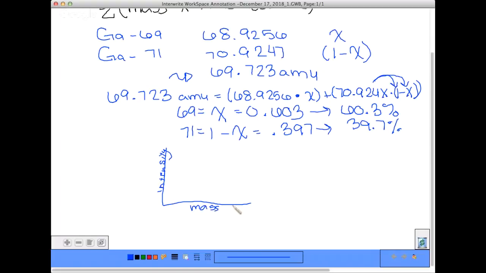So remember, the mass increases as we go across. So the first one that we're going to draw is the 69. Now, the intensity, the tallest peak is always 100% intense, or at 100. So if this was my 100, my first peak, the one that has the greatest abundance, is going to be the tallest peak. This is a little bit more than half. So if this is my peak for gallium 69, my peak for gallium 71 is going to be somewhere over